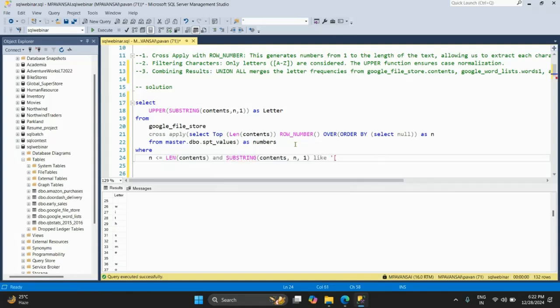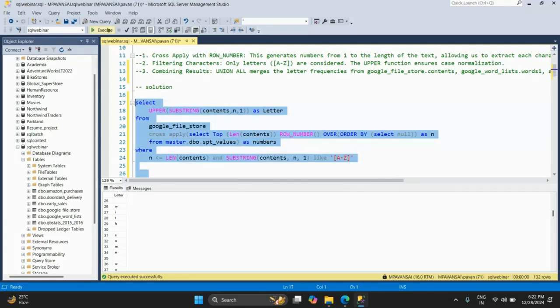Like what? Between A to Z, right? So you can understand that n must be less than the length of contents, and the substring must be within the alphabets, right? So if we try to execute this, you'll be able to understand